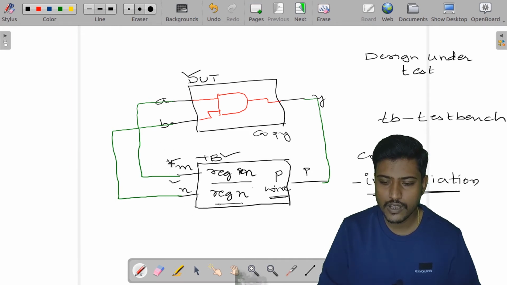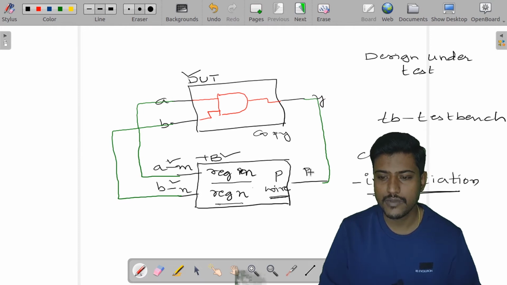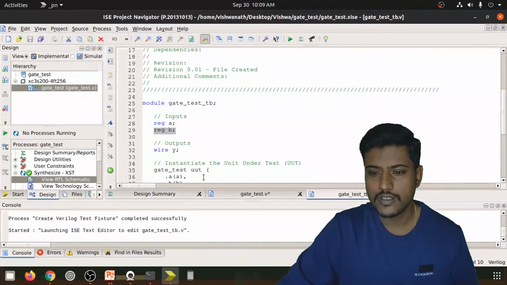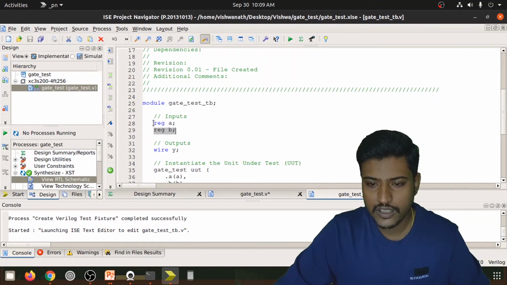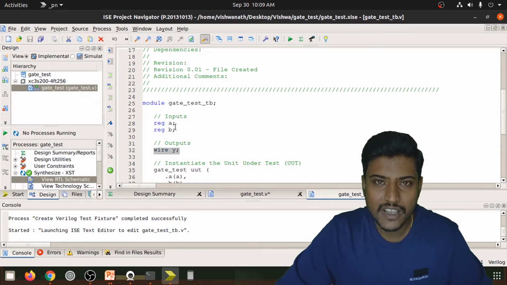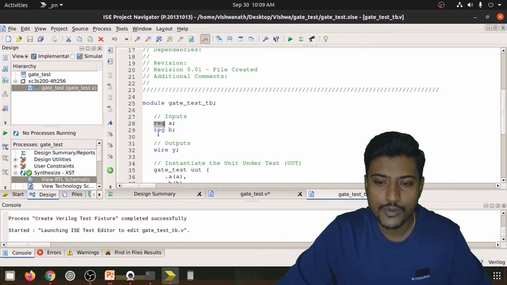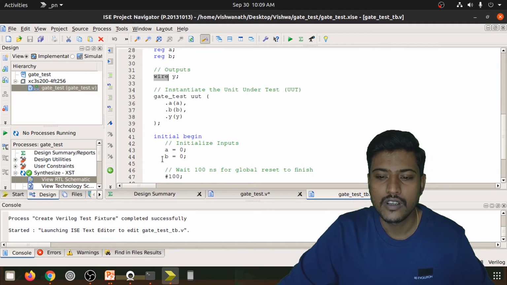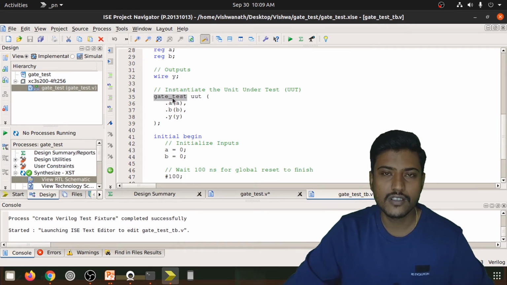So instead of the original port names, I will be having this as A itself, instead of the second port I will have B itself, and this is going to be Y. Now once this is ready, as you can observe, this is register A, register B, and then wire Y. Since I am driving inputs, my inputs will be registers, and since I am only observing the output, my output will be a wire.